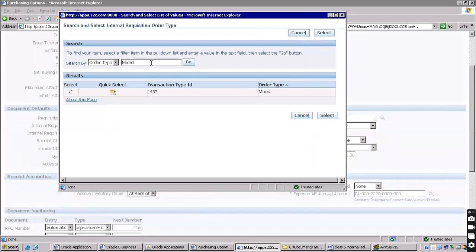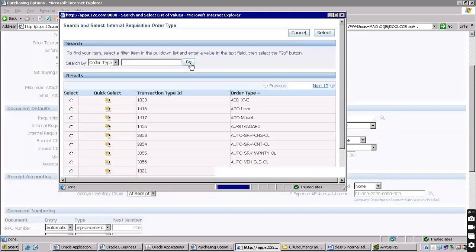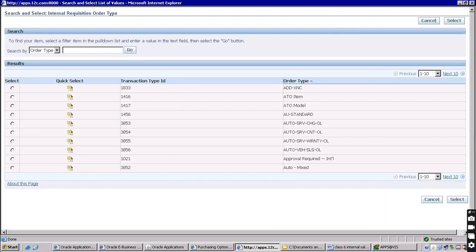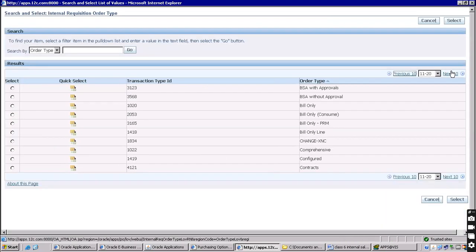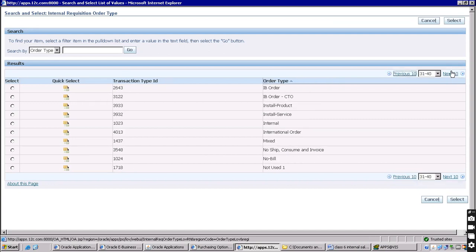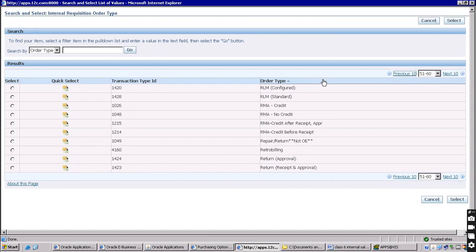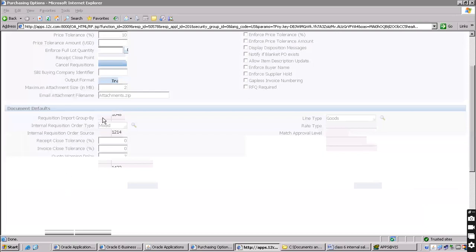Okay, now you can see there are various types of orders available here. These many types of orders. So these orders I already showed you, right? Correct? These are all the orders. So whatever you are creating every day, that is a standard sales order or mixed sales order. But there are many order types here: return types, return with approval and receipt. These types of orders are there. So right now,